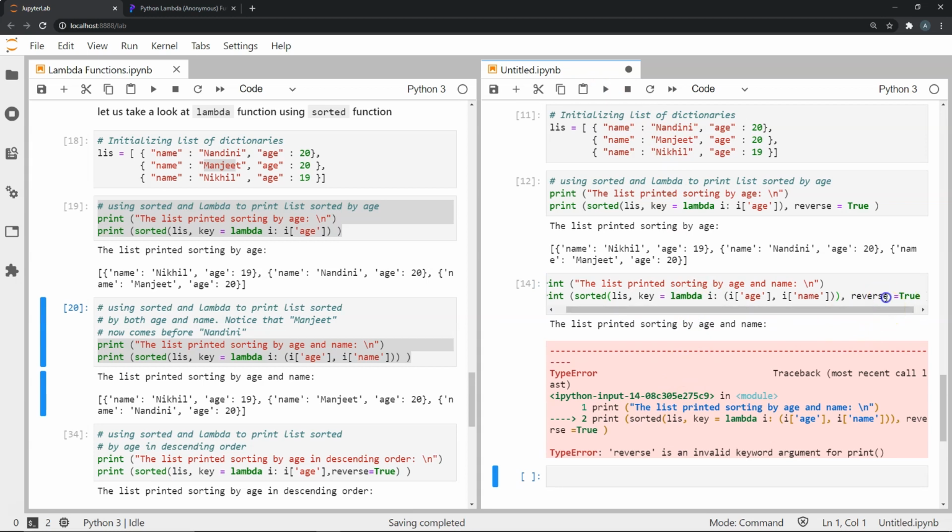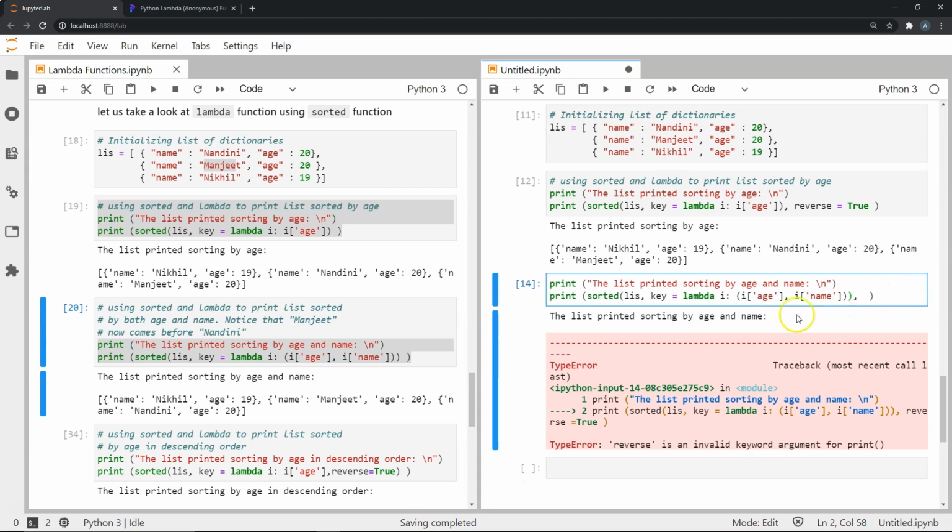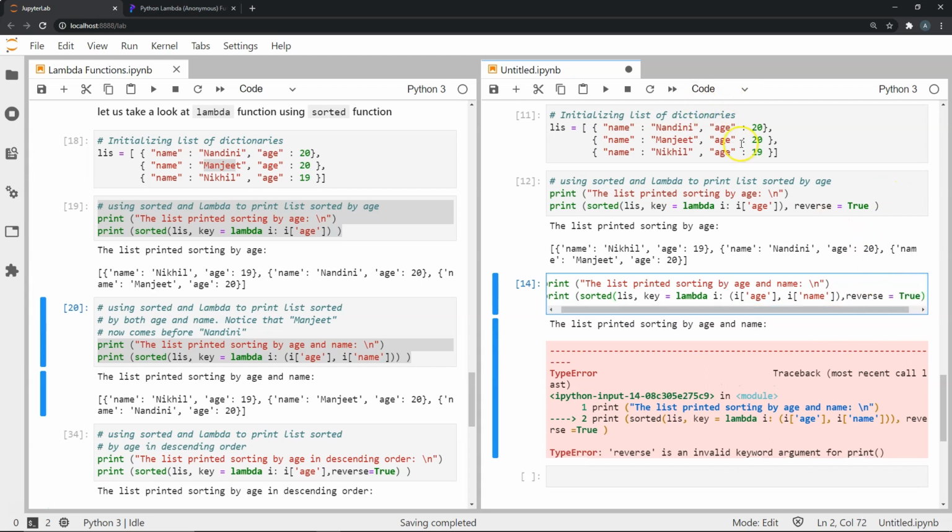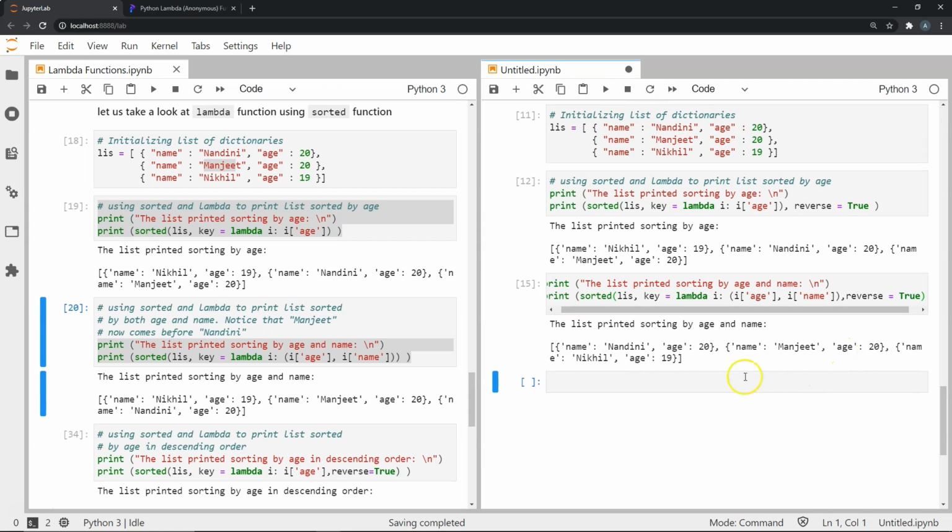Oh wait, I did not enter it in the sorted function. So this should come within the sorted function over here. Now if we execute this, you will see Nandini comes first, Manjeet comes second, and then Nikhil comes third, because we've done the reverse. We use the reverse parameter as true.